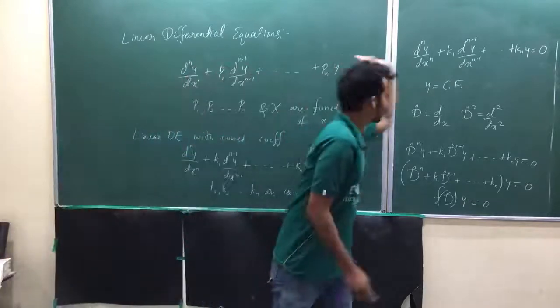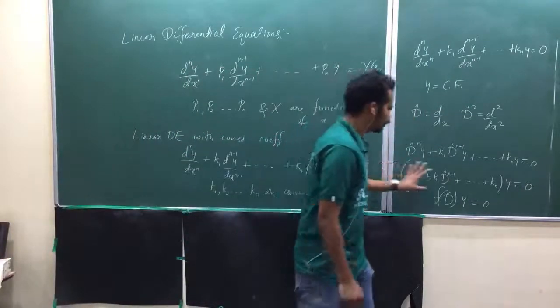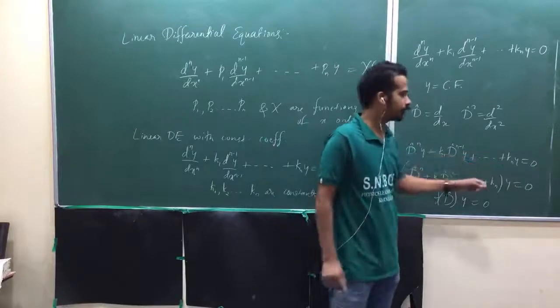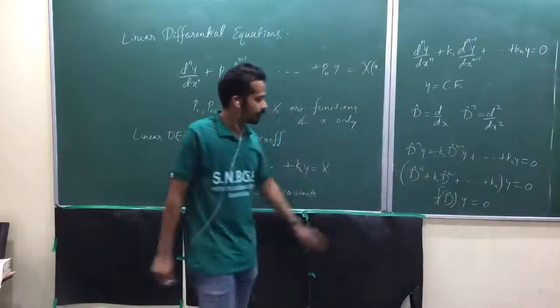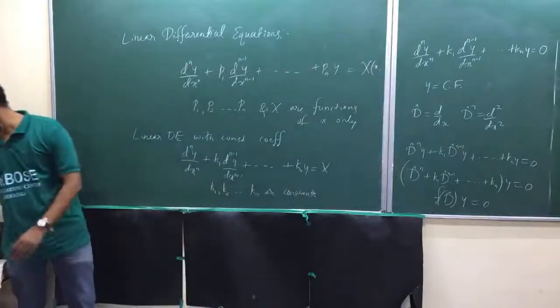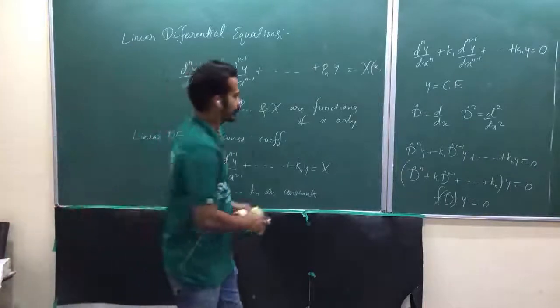By just grabbing that y outside, or just taking this as an operator which is operating on this one, you will get this step. We call that one a function of D, f of D. Is that okay?